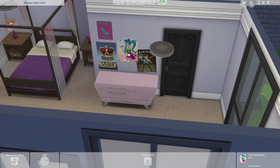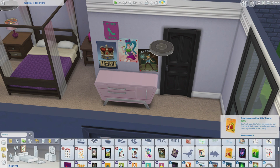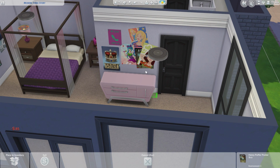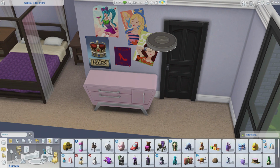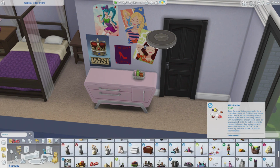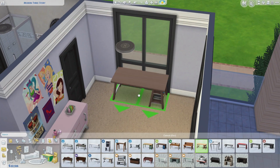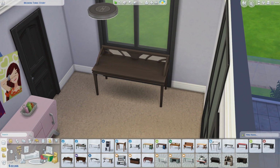Right now I envision the girl being very into pop music. If you can think of the most generic teenage girl you can possibly imagine, this is her. She's got the posters on the wall from all the magazines. She's super into pop music and fashion, and very colorful and bright and happy. So I'm putting tons of posters and stuff on her wall, because that's what I imagine she would be really into. And I just kind of went with a purple and a light pink